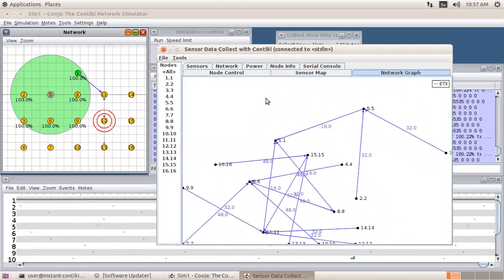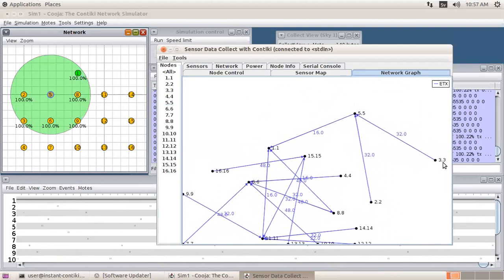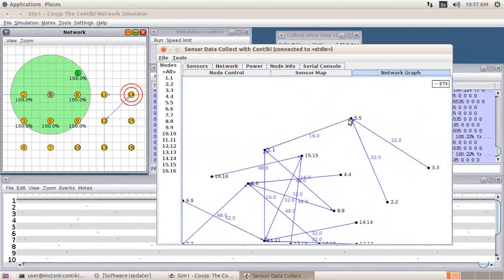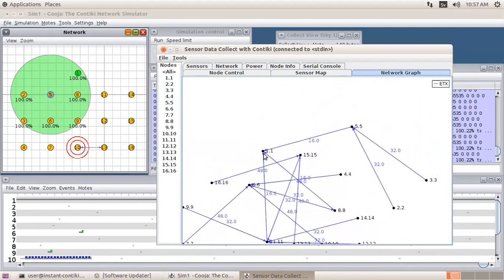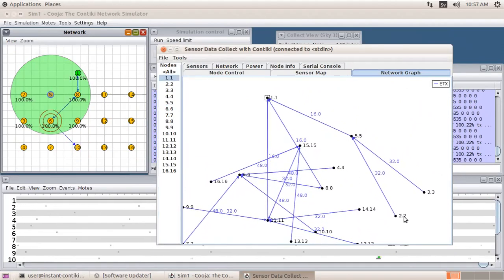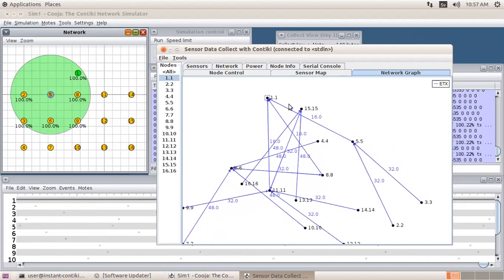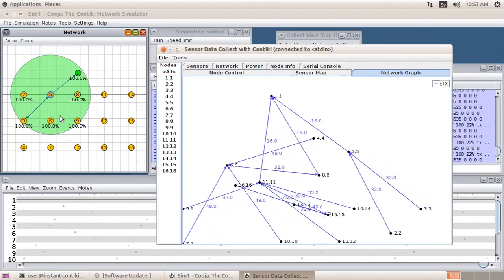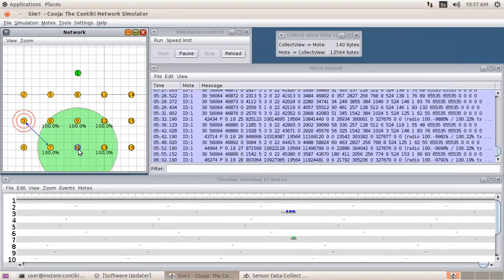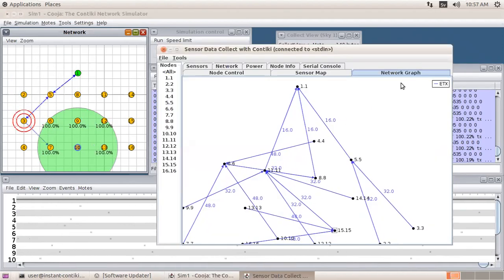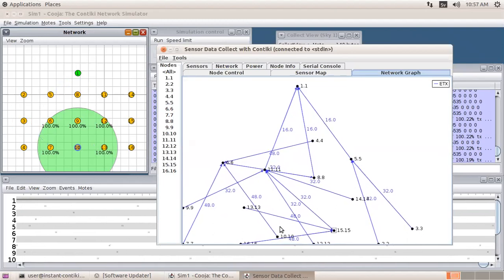This is talking about the neighbors also: node 3 has this neighbor to get connected with the sink node. Similarly, node 2 has this neighbor to get connected with the sink node. Moving on to the other side, just talking about node 10, if you can find it, this is node 10.